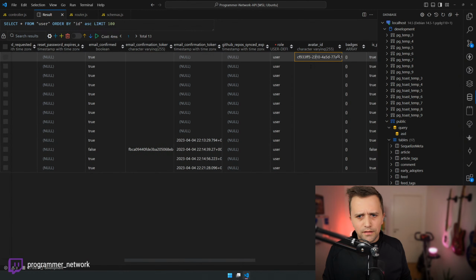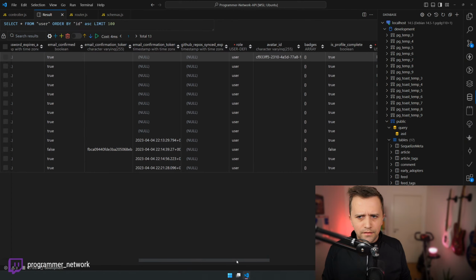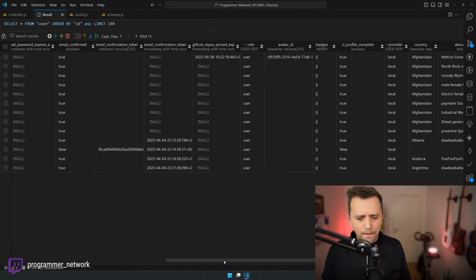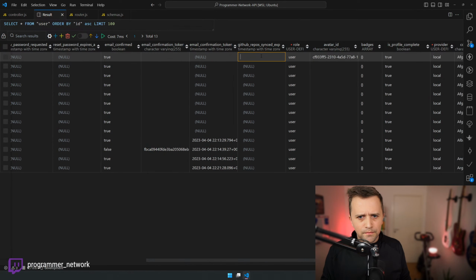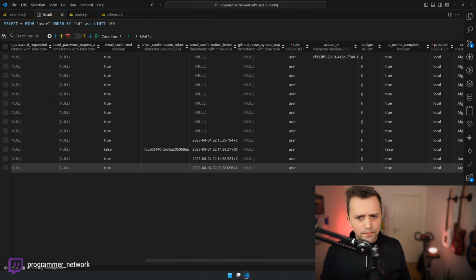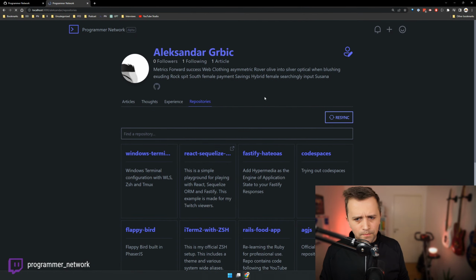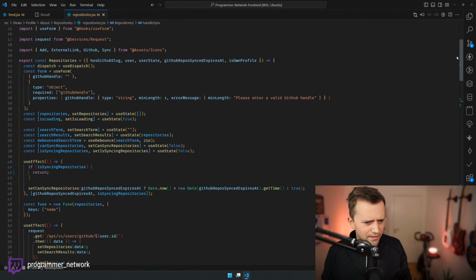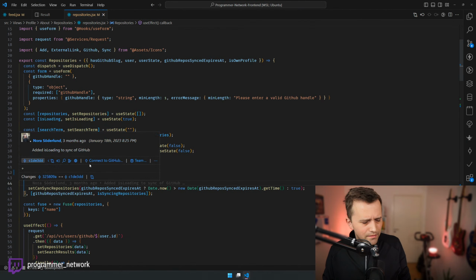Now the fact that I don't like how this is done, that's a different story, I guess. Yeah, you can see this is a bit messed up, so let's fix it. It really sucks.